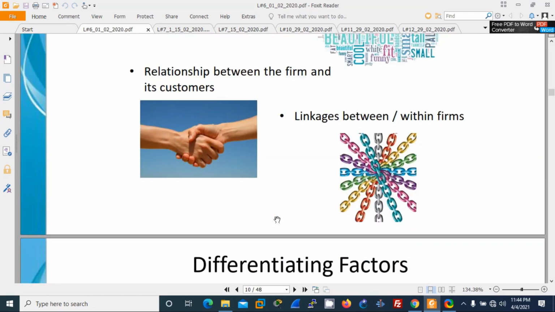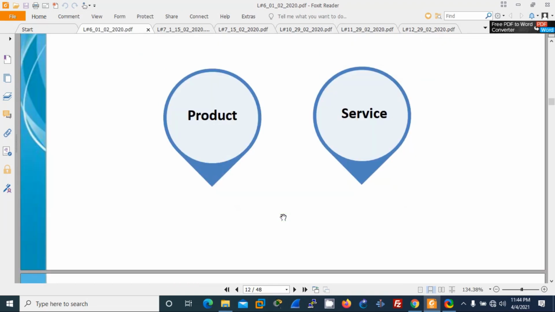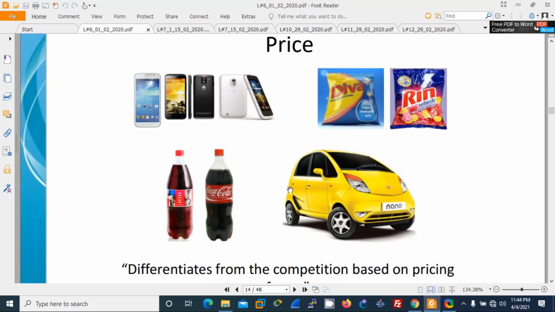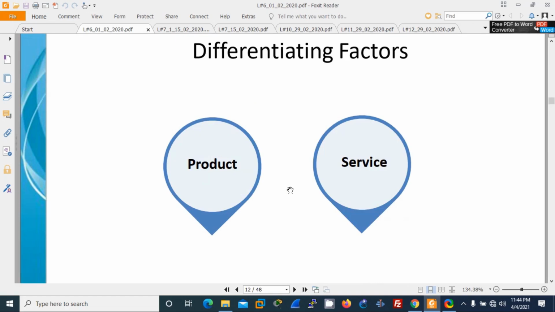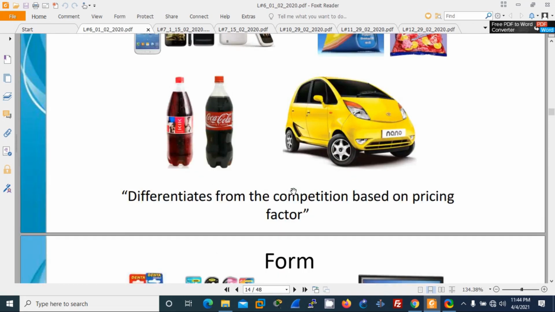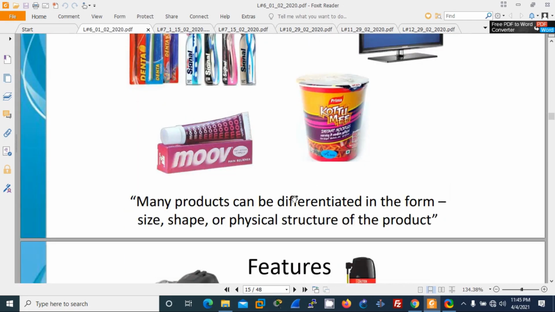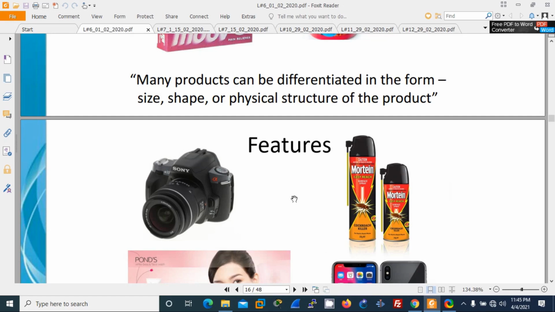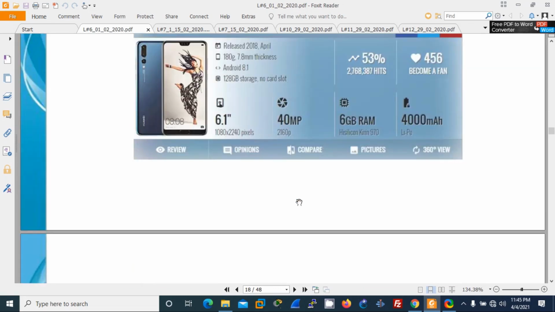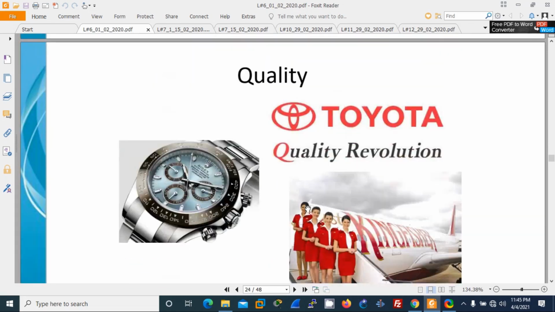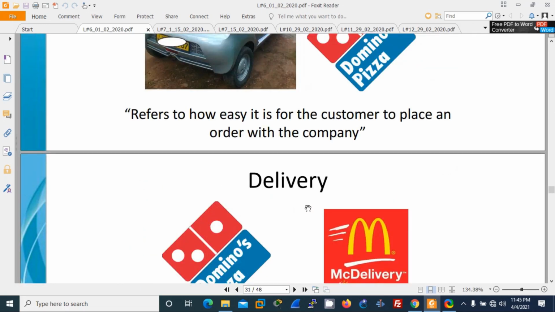And there we mainly discuss price, product and services in our discussion. Under price and product differentiation, we discussed a couple of features like price, the form or the appearance that they experience, and the features in it. And also when coming to services, we discussed the ordering easiness, the way delivery happens,